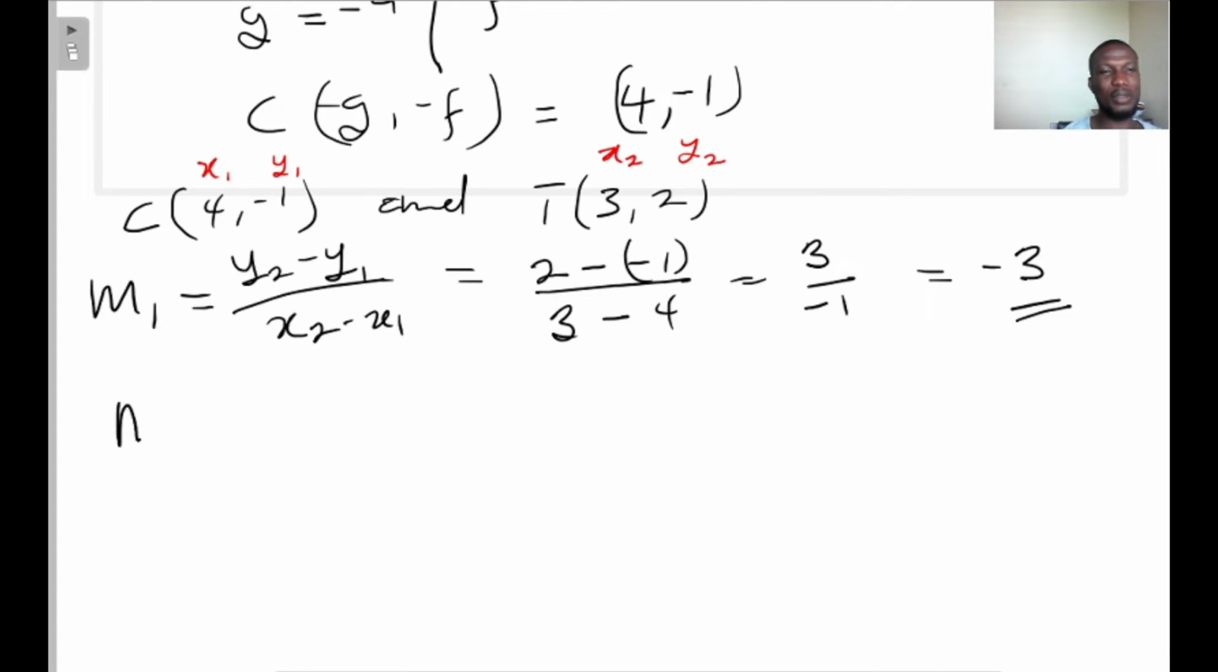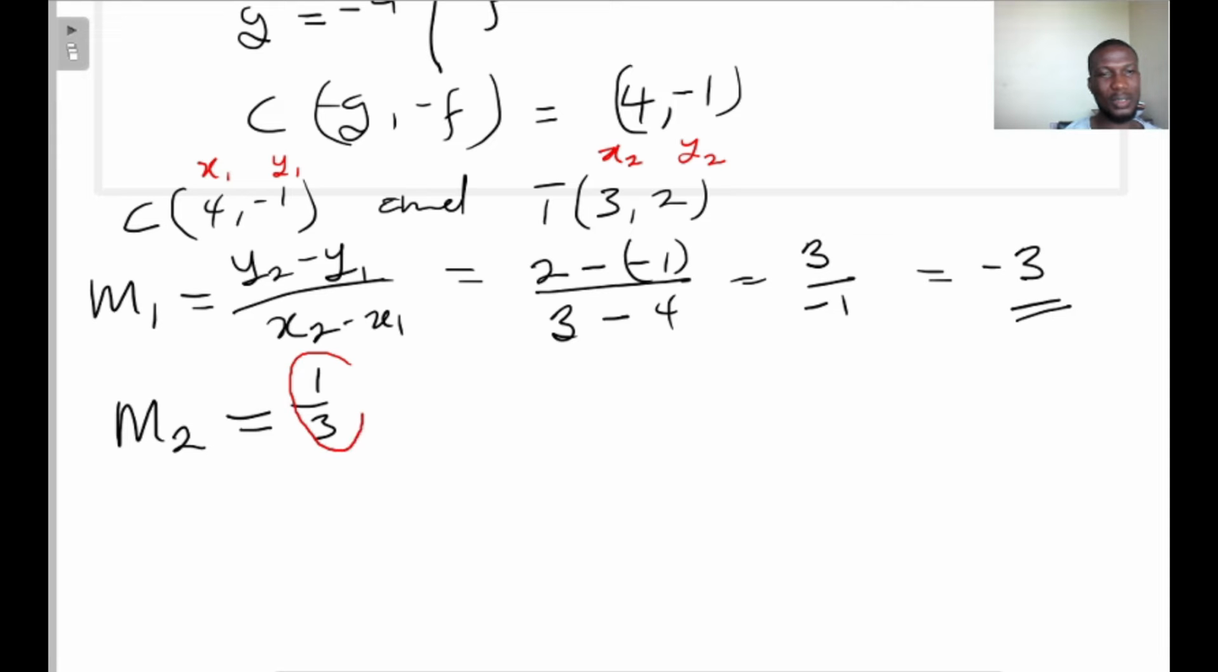But now we are looking for M2, which is the gradient of our tangent. And because they are perpendicular, that will be the negative reciprocal of this negative 3. And that will give us 1 over 3. Or for those who want to practicalize it, you can multiply negative 3 by M2 and equate it to negative 1. And when you finish, you make M2 the subject. You get the same thing. We are now going to the next step, which is